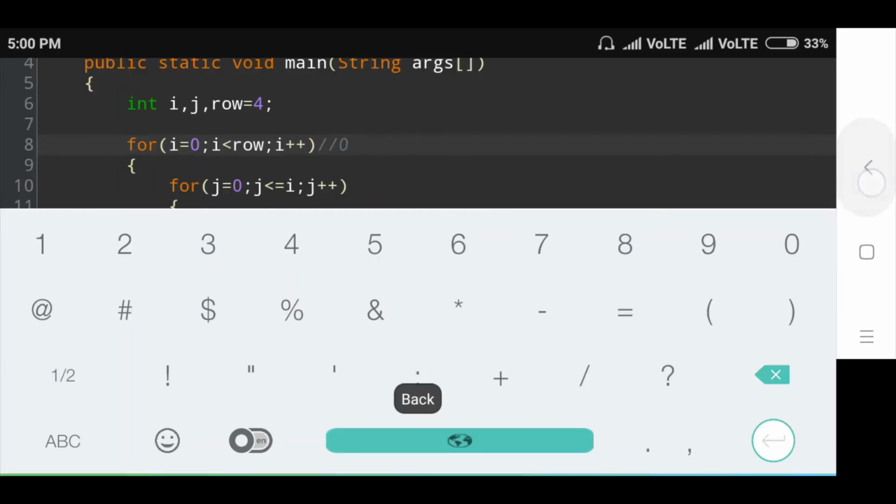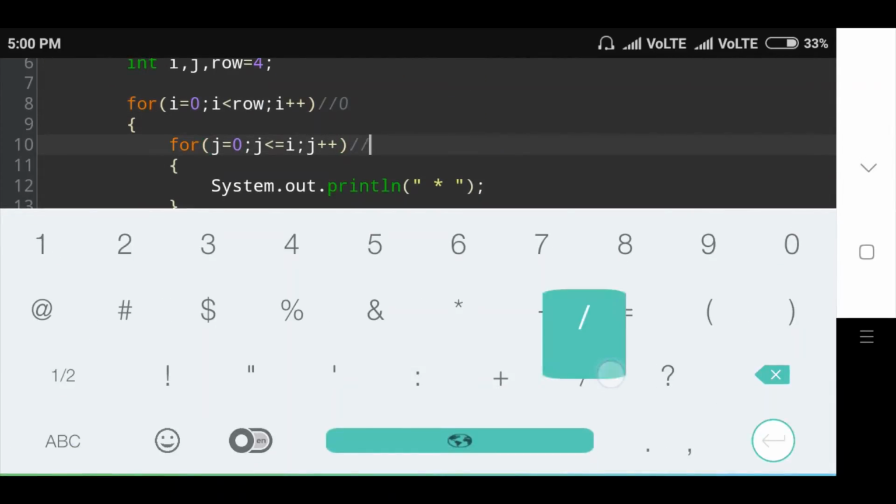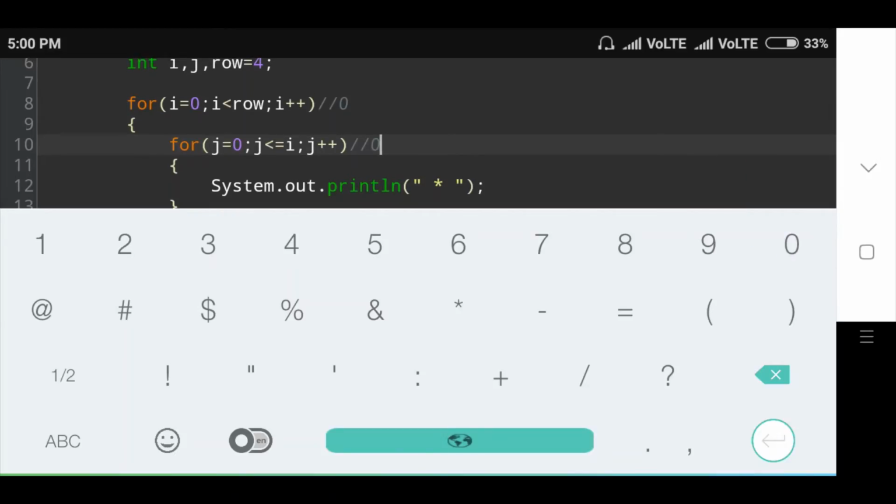Then go to the next for loop, the j for loop. In this for loop, check j value is initially 0. J is less than or equal to i, j plus plus. J value 0 is less than or equal to i value 0. So here the condition is true.